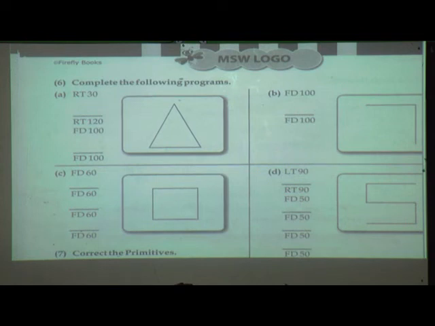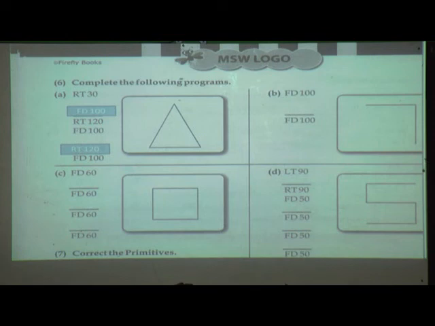When RT finishes, then FD 100. Why FD 100? Because a triangle has 3 sides and 2 sides are already given, then one side is FD 100. Then RT 120, then FD 100, then what will come when FD finishes? Yes, RT 120.